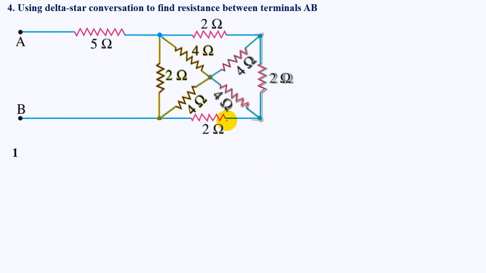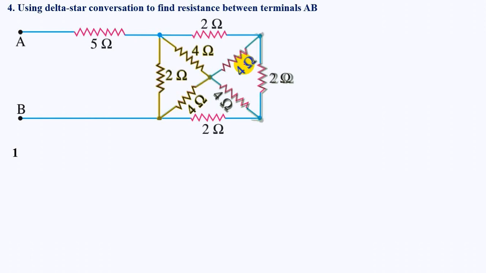So let us see. What I'll be doing is, I'll be using this. Is it in delta or is this in star? This is in delta, correct. I'll be using this delta and this delta simultaneously now. See, until now we have not used star to delta, delta to star simultaneously, right? But here I'll be using delta to star simultaneously.